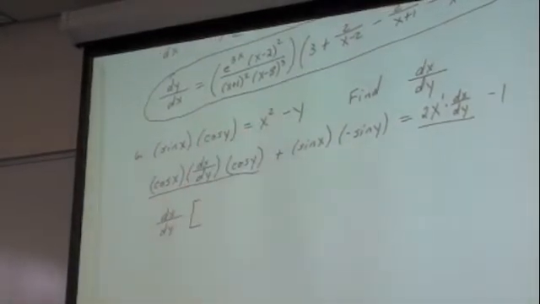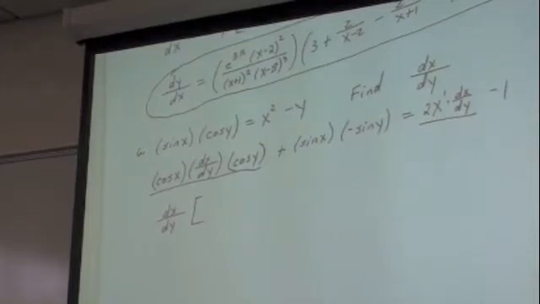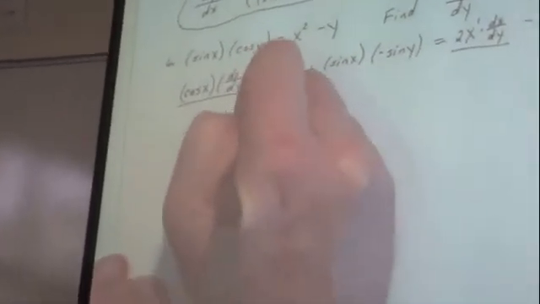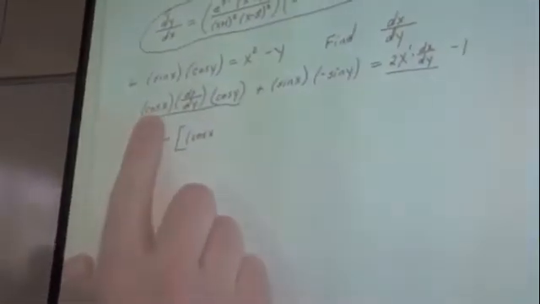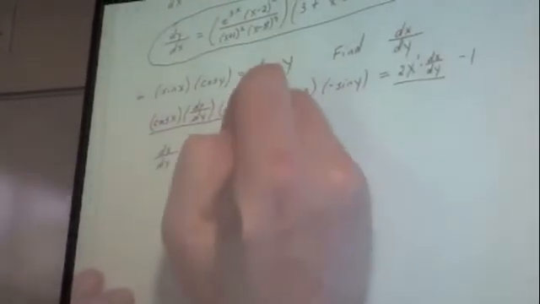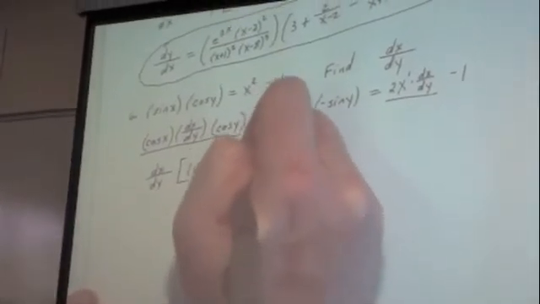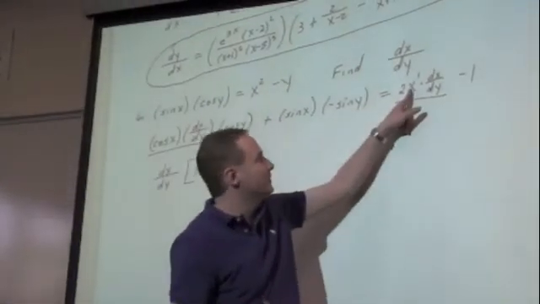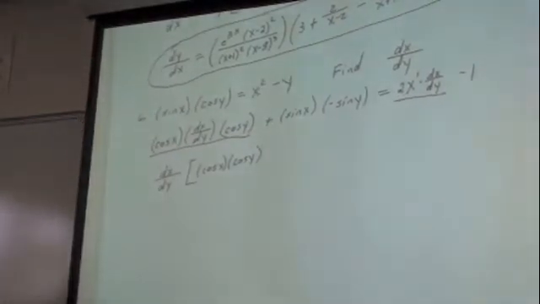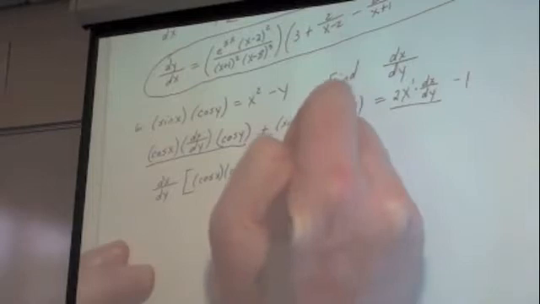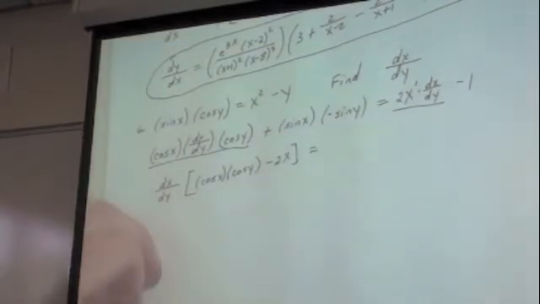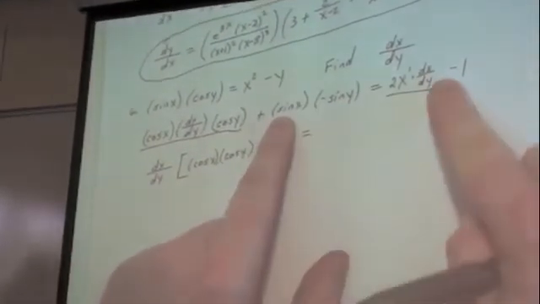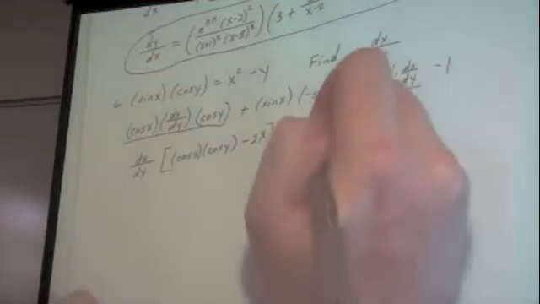When I pull them to the left-hand side, think about what would be remaining. This would have cosine x, cosine y. And I'm going ahead and factoring that because I can. And then when I bring the 2x over, it's going to be a minus 2x. Now, set that equal to, what do you have on the other side? Well, this is going to become a plus when you move it to the right. So I'll have sine x sine y